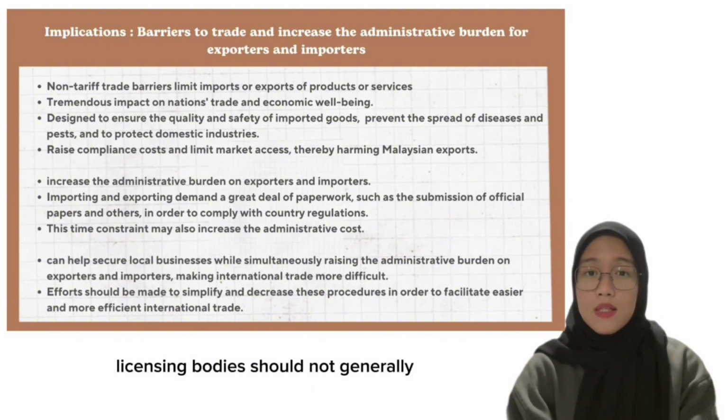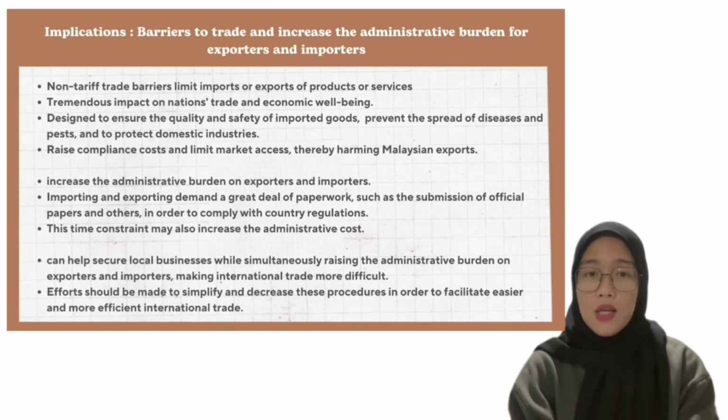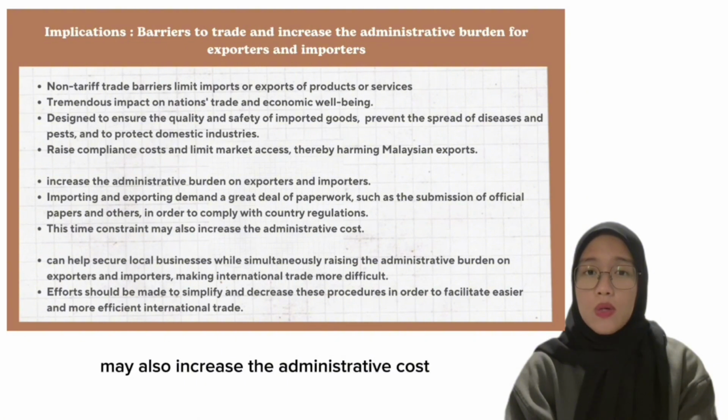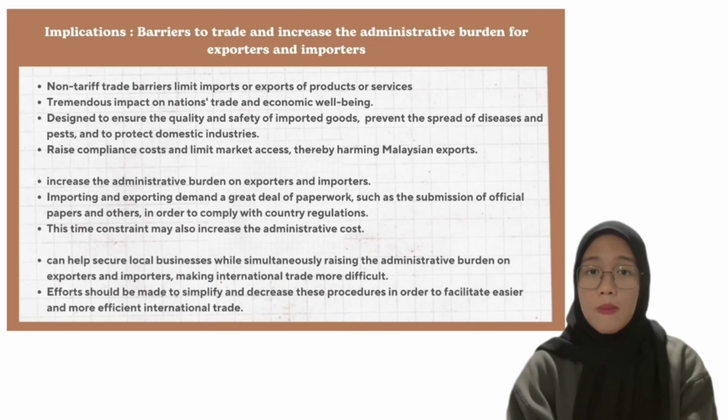Furthermore, licensing bodies should not generally take more than 30 days to process an application, or 60 days if all applications are considered at the same time. These time constraints may also increase the administrative costs. To summarize, trade barriers can help secure local businesses while simultaneously raising the administrative burden on exporters and importers, making